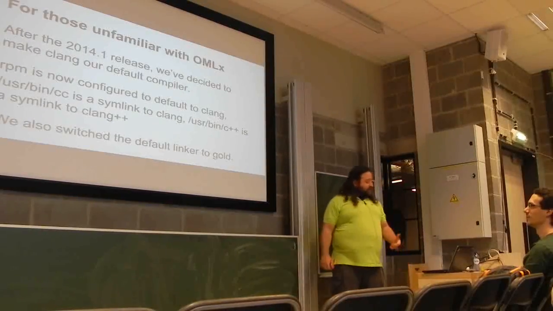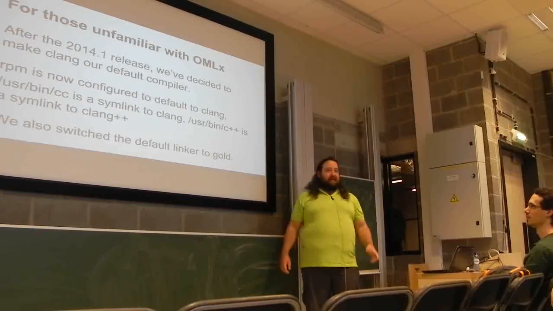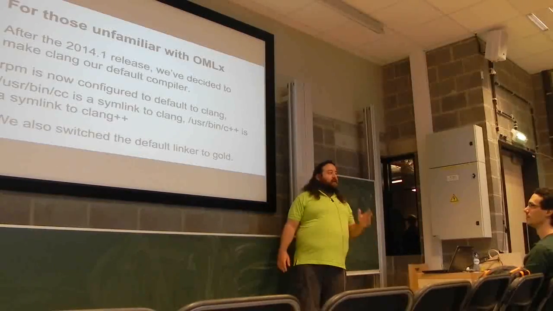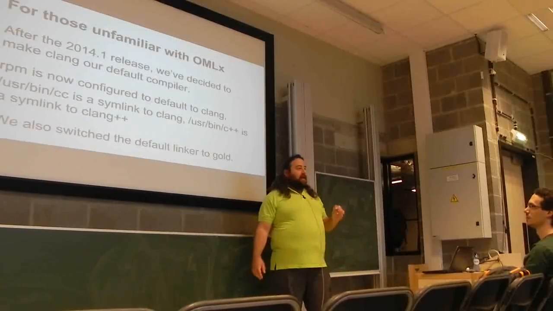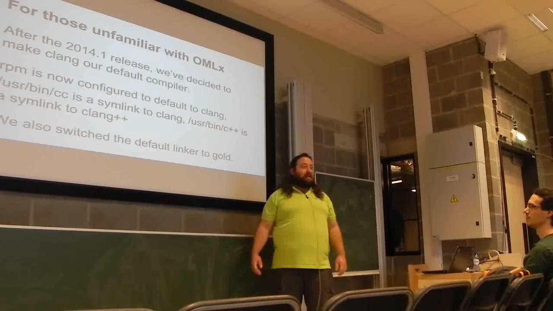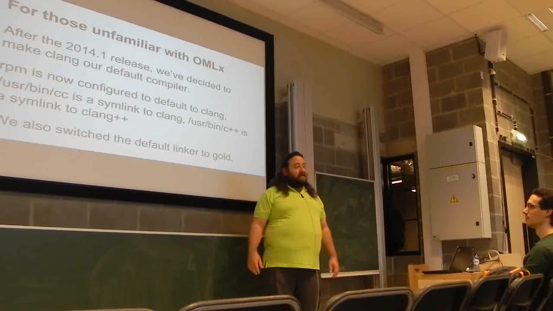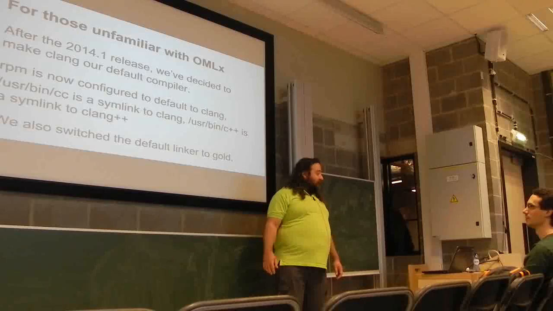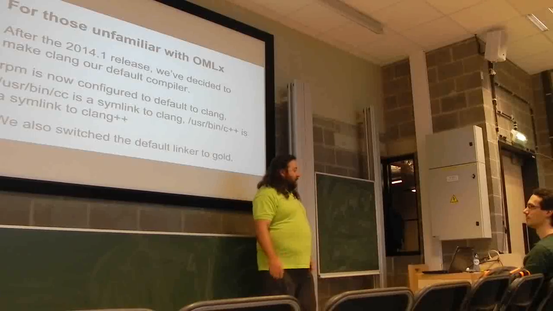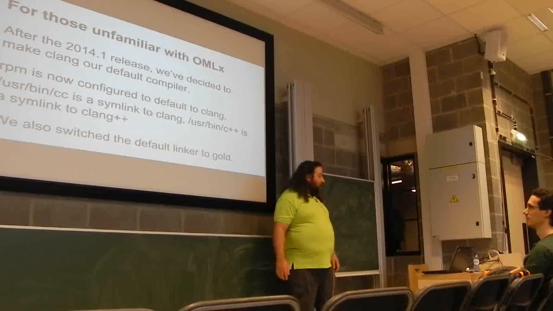Okay, so we are using RPM as our package manager, and the way RPM works is essentially a spec file describes how a package should be built, and that is essentially a shell script with a couple of extra tags and a couple of macros like %configure that calls regular autoconf stuff, %cmake that calls regular cmake stuff. And as part of those macros, we can configure what the default compiler is. So for those, we just default to Clang. And we also replaced the symlinks cc and c++ to Clang. So anything looking for a generic compiler will find Clang, and anything that uses autoconf or cmake will use it